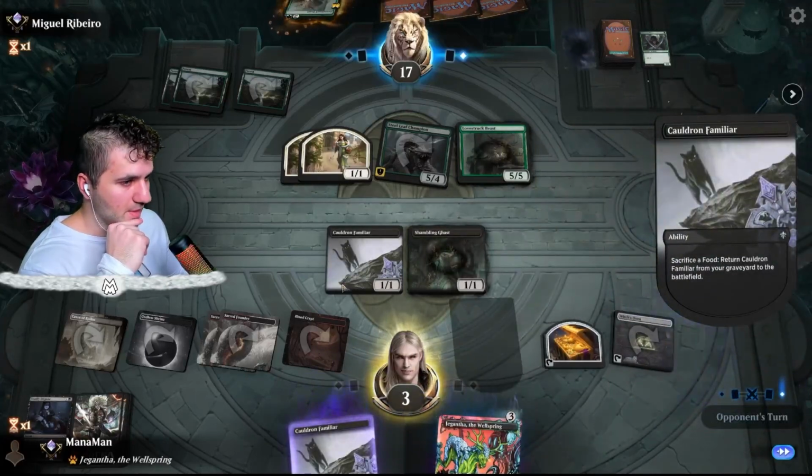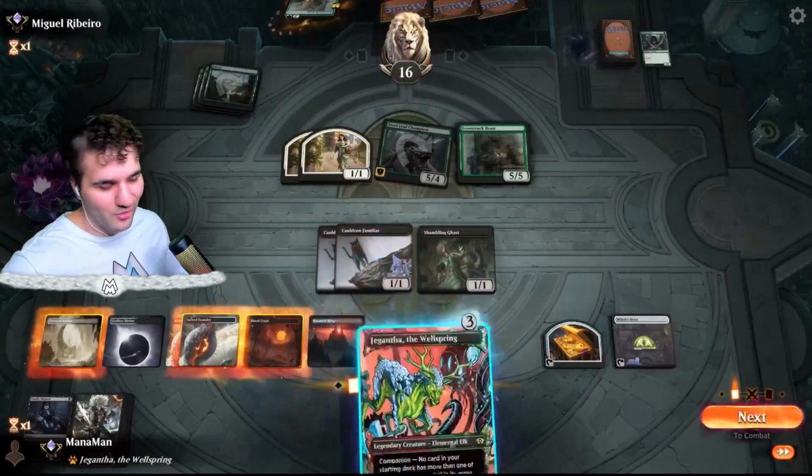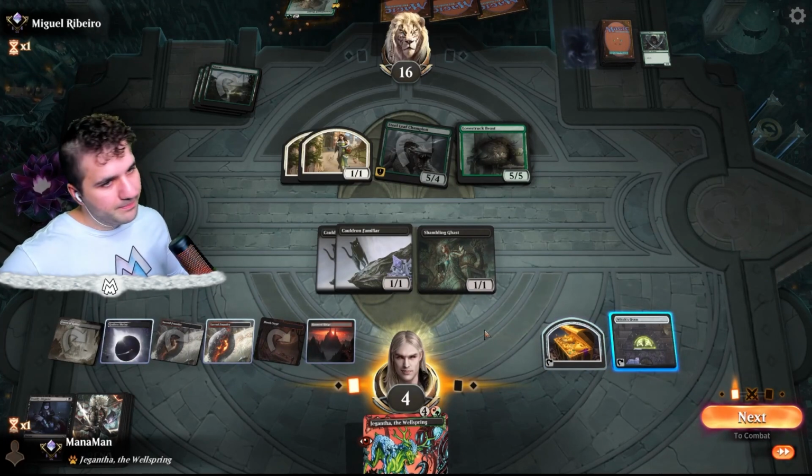Okay. Up to 4, and we do... Oh my god, a land. Oh, brutal. I guess we're just gonna have to drop the Jegantha here. Or add it, not drop it. I wish we could drop it. What